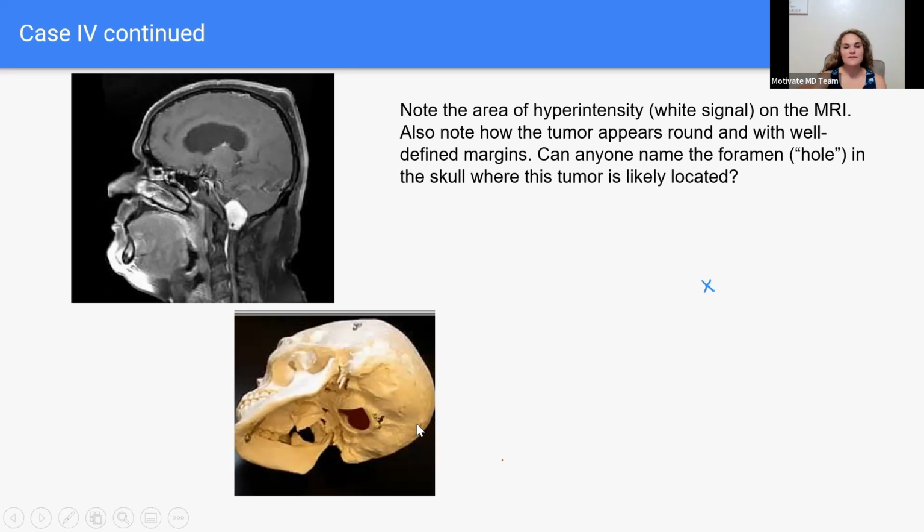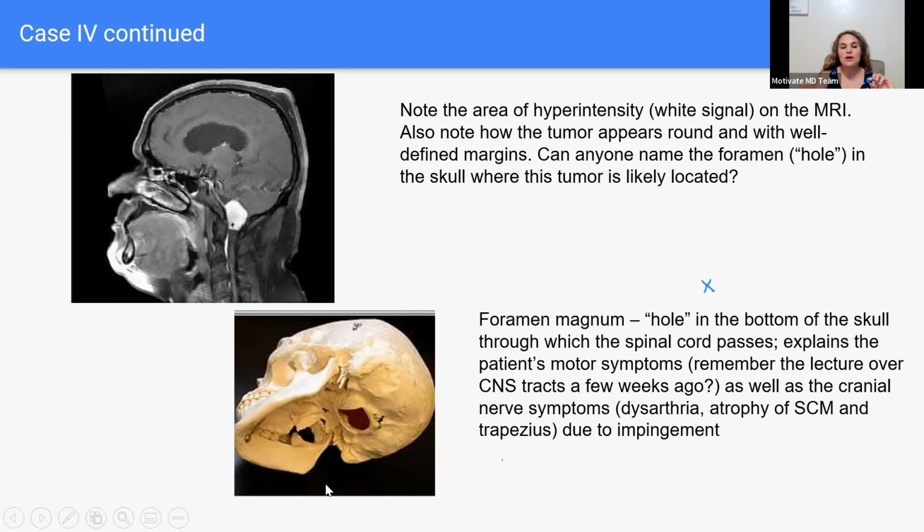So this is kind of the skull. Hopefully you can see it's flipped so that you can see the bottom of the chin here. And you can see this foramen magnum, which is essentially this hole in the skull through which the spinal cord travels. The cerebellum is sitting right here, the brain stem is coming through here, and the spinal cord is leaving the brain stem to go to the lower part of the body